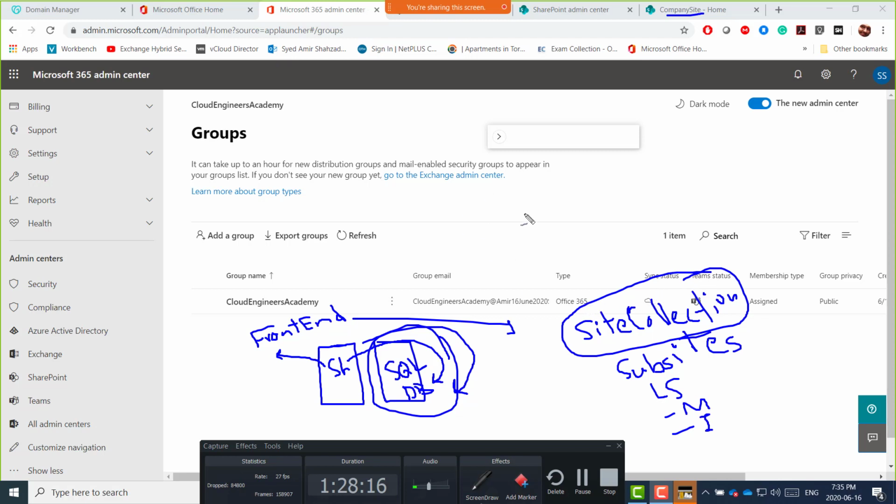In SharePoint Online, the top site is not called site collection, it's just called site. And the subordinate sites, the sites that we create inside this main site, when we create subsites, will be called subsite 1, 2, 3, 4, 5, 6, right?